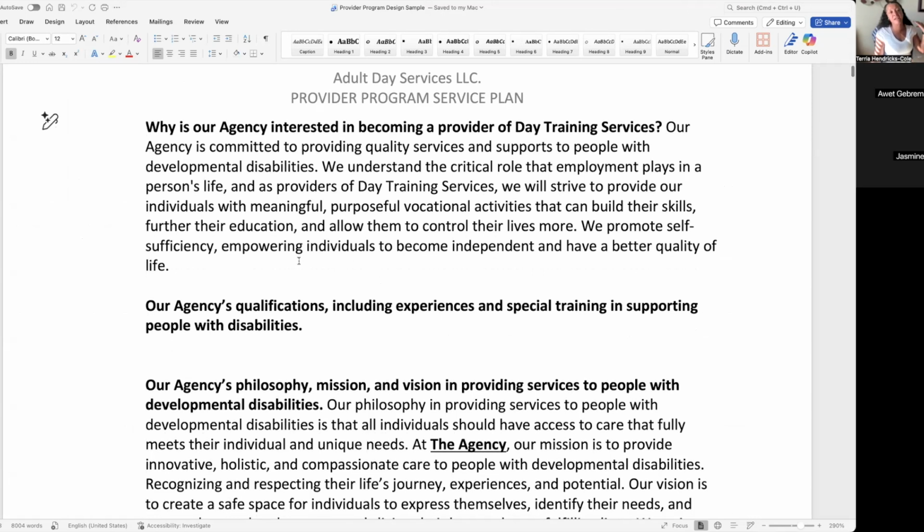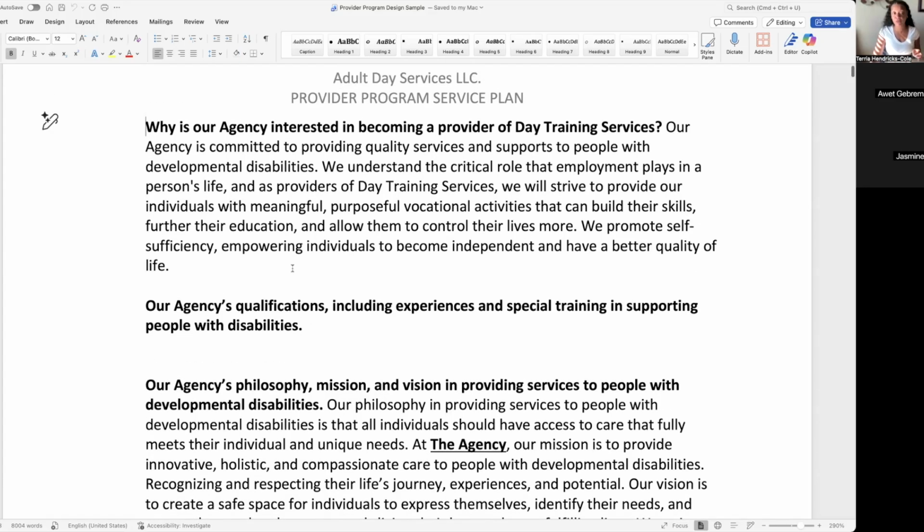Okay, perfect. So this, like I said, is going to be the blueprint. You will need to tweak this document, like I previously said, to make sure it's in alignment with your state standards and with your agency standards, your agency values, okay? This is very baseline information. It's approvable information, but you need to make sure it resonates with your agency because remember, this document will be your Bible on how you're rendering all of your services and who you're rendering your services to.